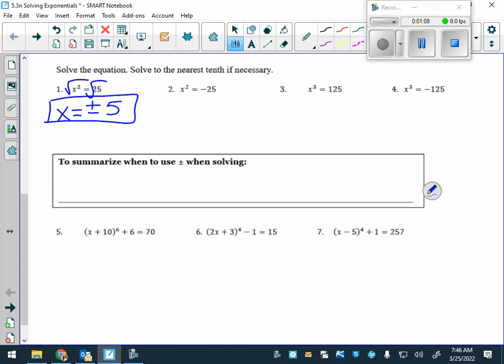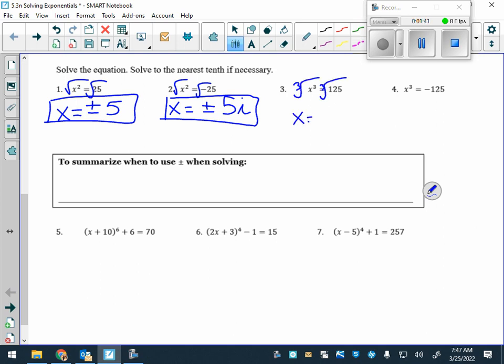What happens in number 2? Yeah, Mia. Good. X equals, and again, plus or minus. We take an I out, and then what's the square root of 25? 5. So when we are taking the square root, we must include plus or minus. When we get to the odd root, all right, so when we take